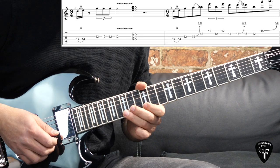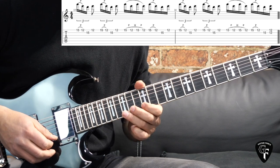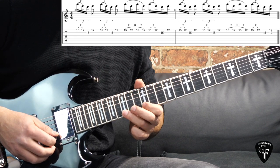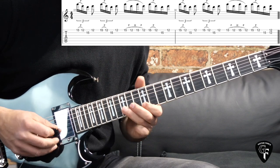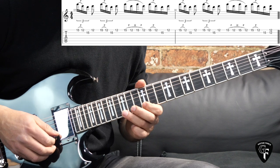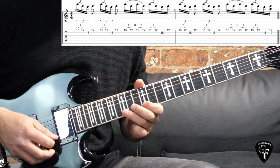Alright, then we continue with the next part. It's gonna go like this. So that's the first bar. So we have here a couple of rhythmical figures. So the first one is we have a quick pull off, go into the B string and then back to high E. And then we repeat it again. Then we have pull offs just on a high E string. So we have two pull offs here, and then we have another pull off,